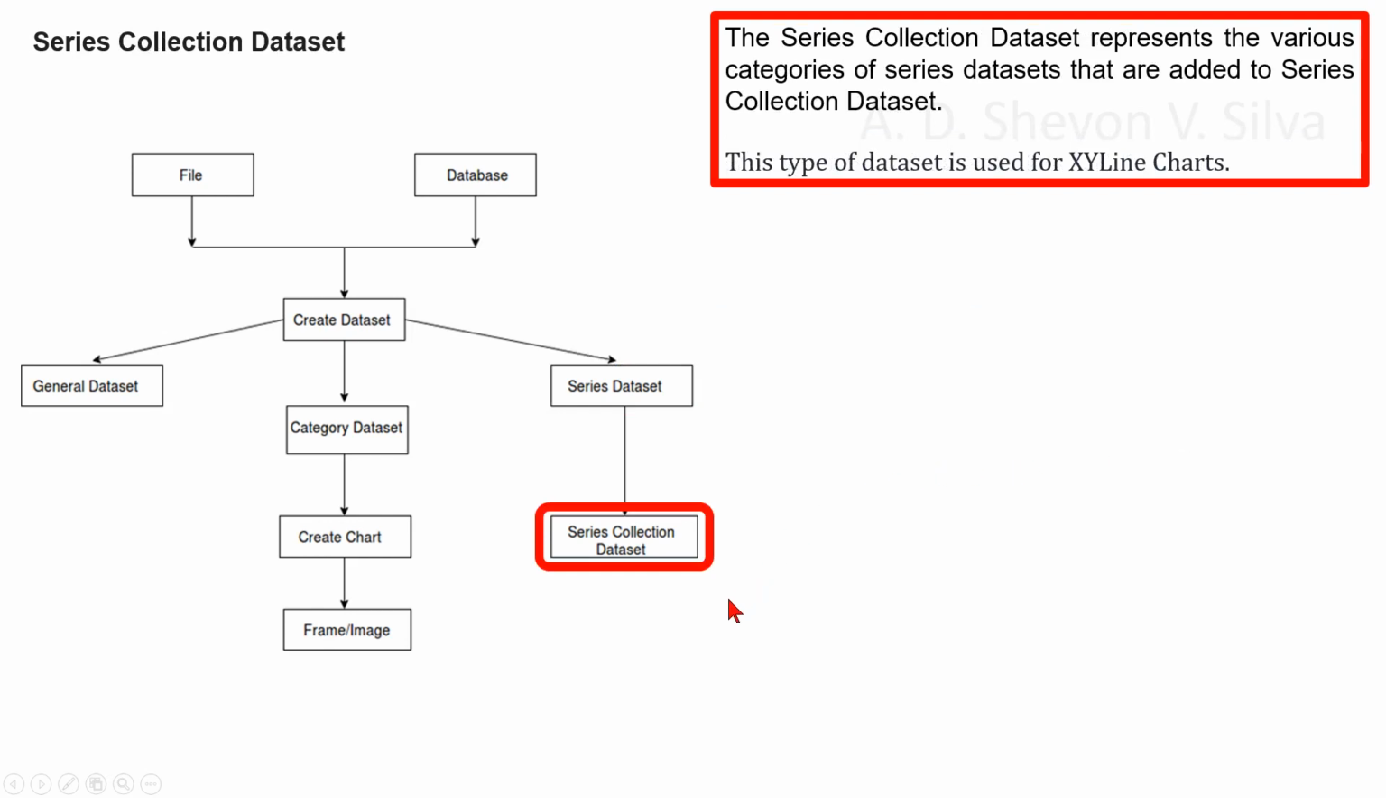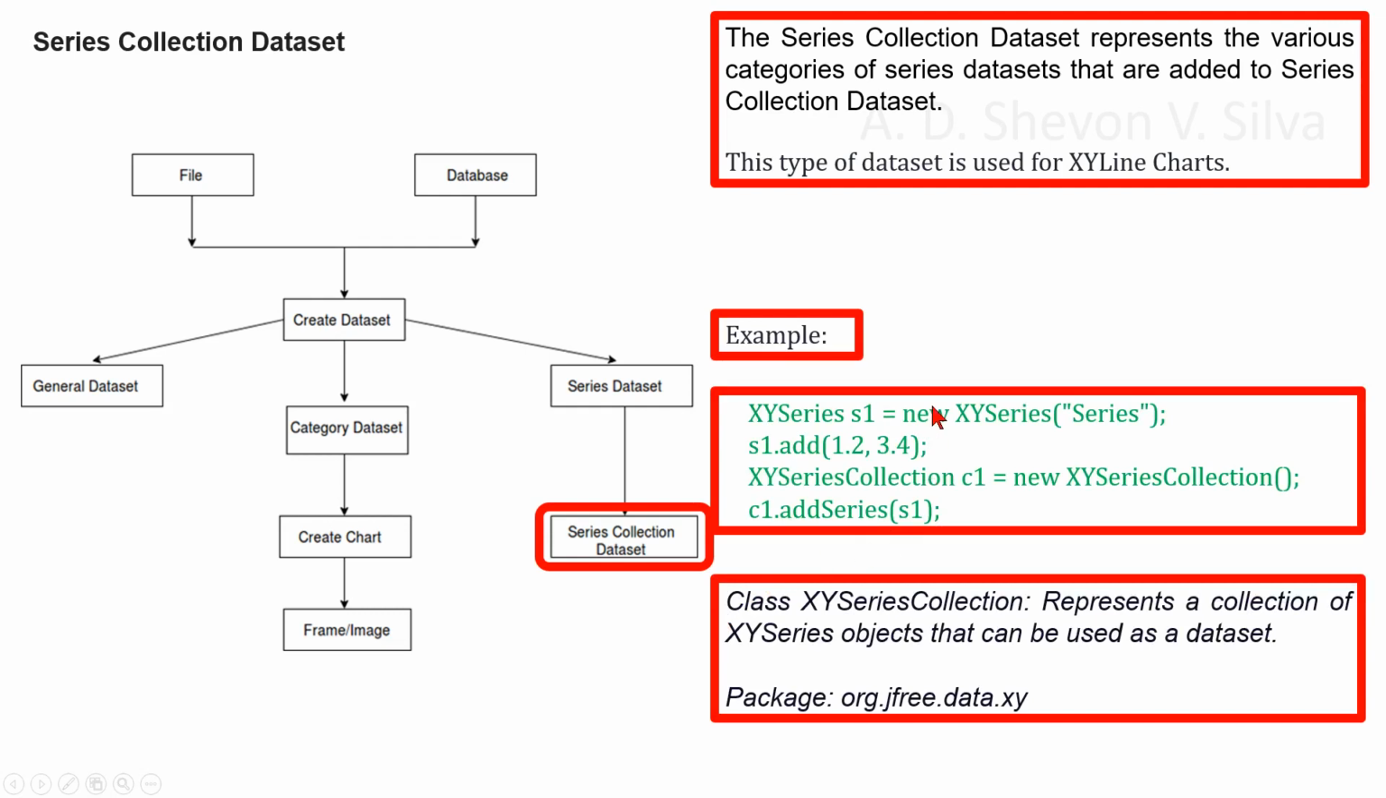Now we are focusing on series collection dataset. The series collection dataset represents the various categories of series datasets that are added to the series collection dataset. This type of dataset is used for XY line charts. As an example, we can consider this code segment. Here